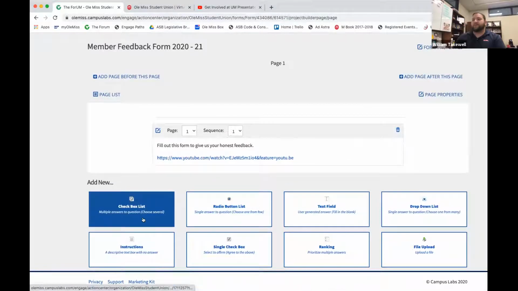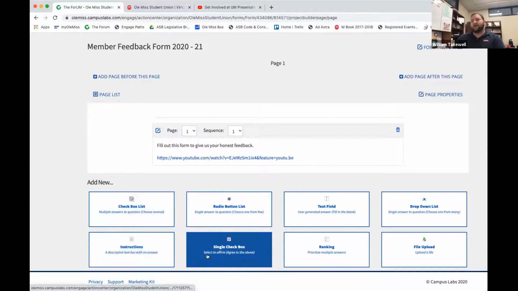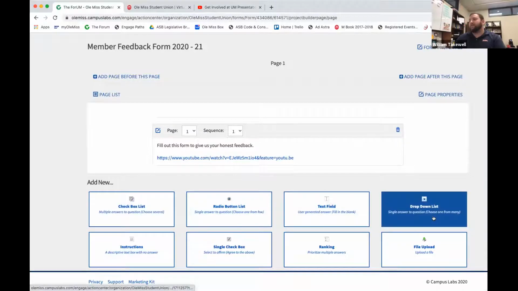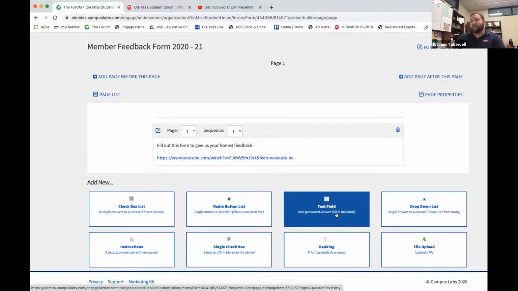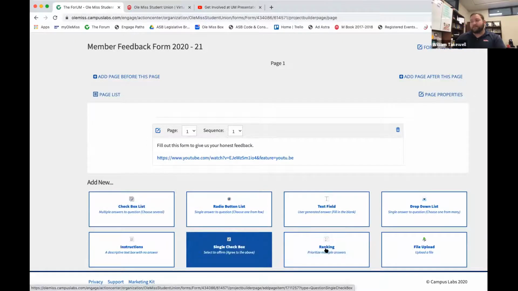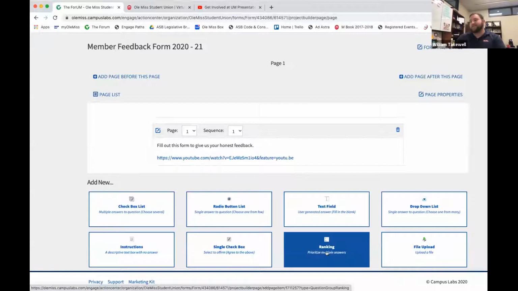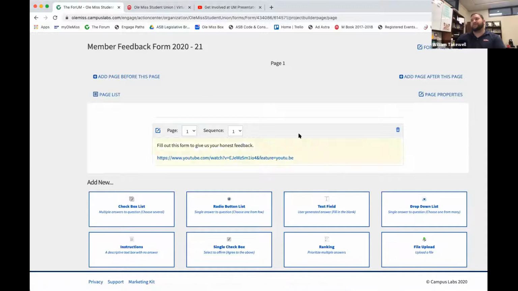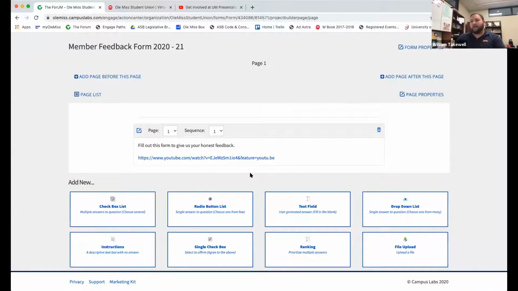So from here too, you have different options as far as what different types of questions you can ask. You can obviously do text fields, you can do radio buttons, you can do a checkbox list if you want to. You can do single checkboxes, ranking to prioritize different things, and you can have folks upload files if you want to. And so one of the things I encourage people to do is just play around and figure out what you might be wanting to do and how you might want to manage this